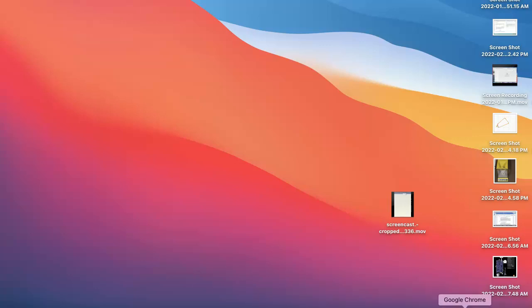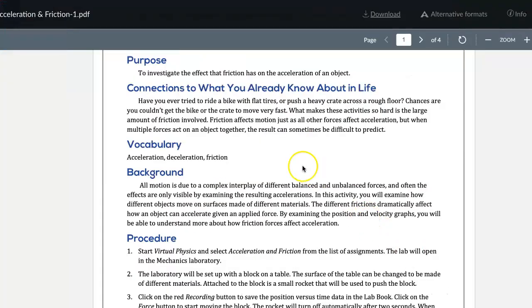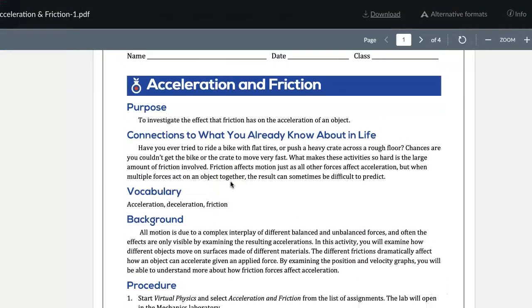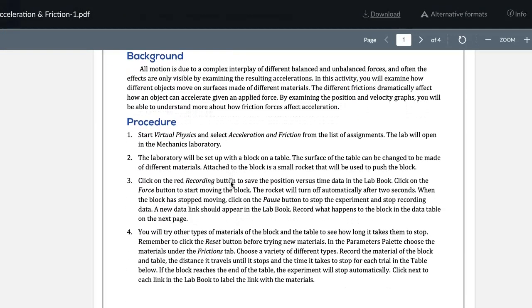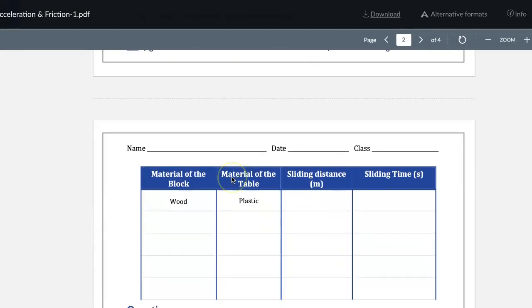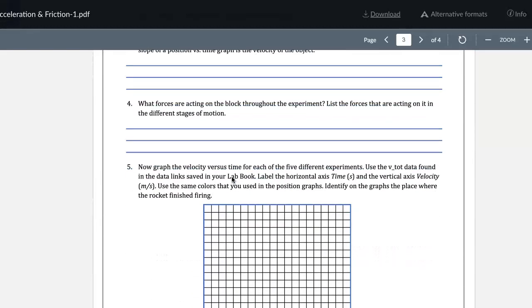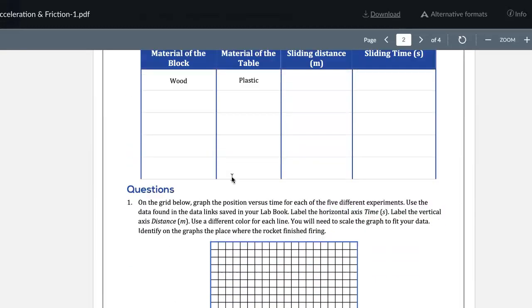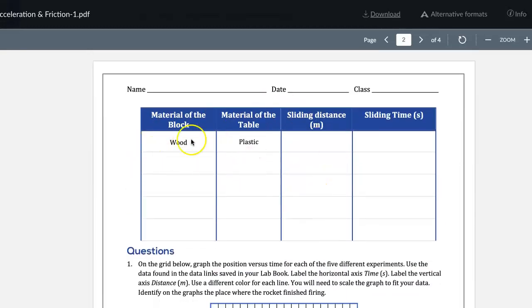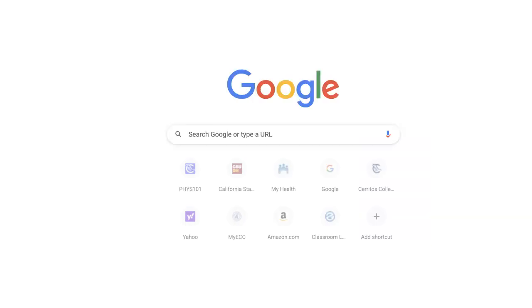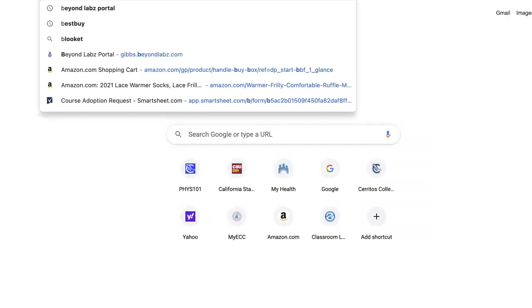Okay. Here, I'm going to share my screen with you. These are the instructions for the lab, and of course, I'm going to use my sheet here for that. This table should be listed under the results section of your lab. Okay, we are going to use Beyond Lab Z. Then I'm going to go to Beyond Lab Z,